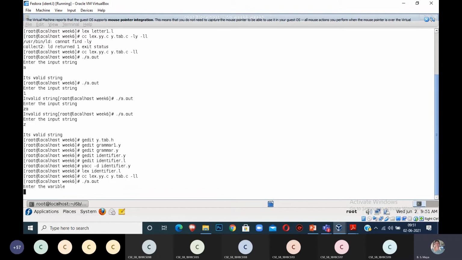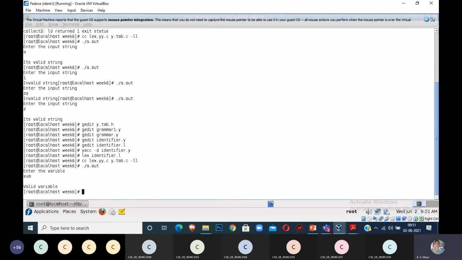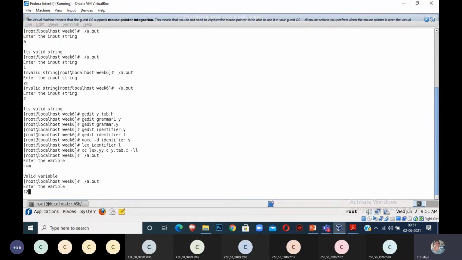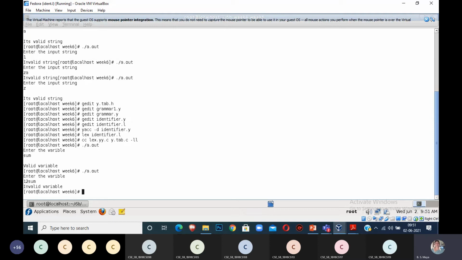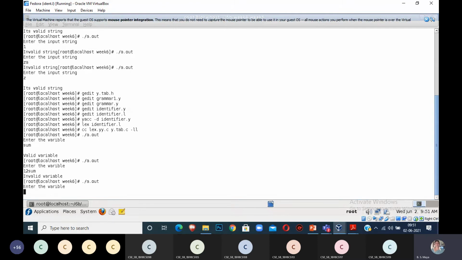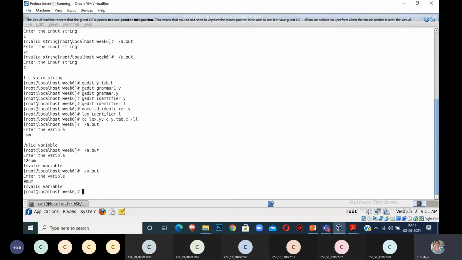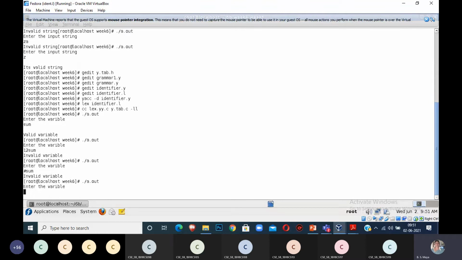I will give a variable value, sum. One variable, it is called a valid variable. Next, I start with a number followed by sum. What happens? It is an invalid variable. It starts with a hash followed by sum. It is invalid. You can give the next one, sum123. Is it a valid or invalid variable?